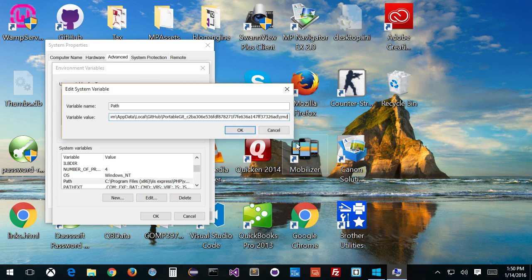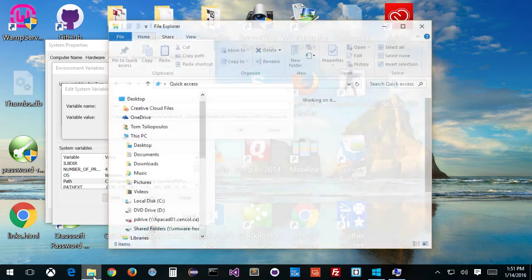And the way to add it in is you have to put a semicolon at the end of the path. Do not wipe that path out, please. That would be very bad for you. It means your command prompt wouldn't work at all, and that's bad. So put a semicolon at the end of the path, and then from there, what you want to do is navigate to